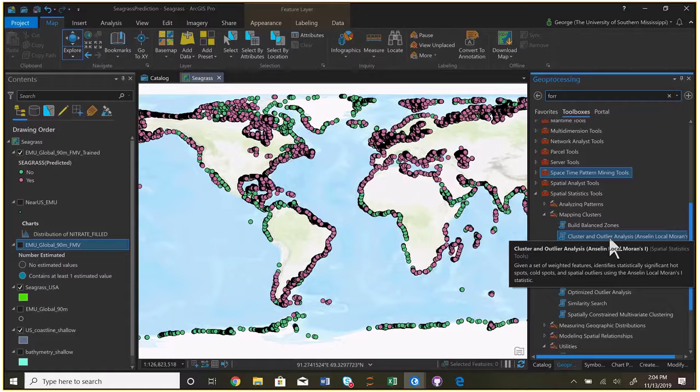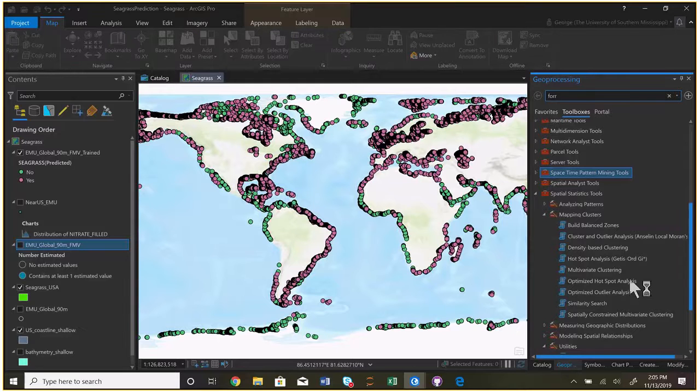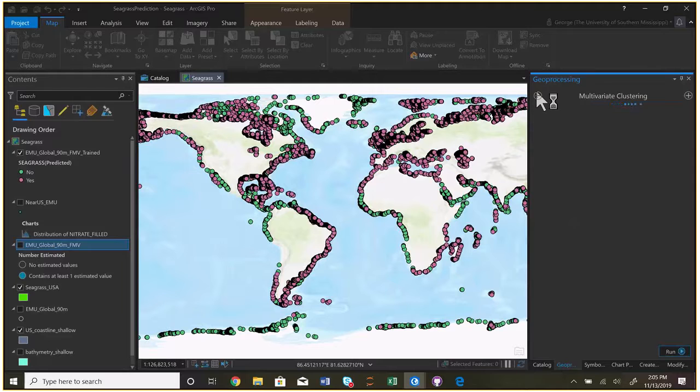And those are more dealing with identifying spatial clusters, things that are nearby each other that have similar values. And multivariate clustering might as well be called unsupervised classification. What it does is it finds clusters in feature space. In other words,